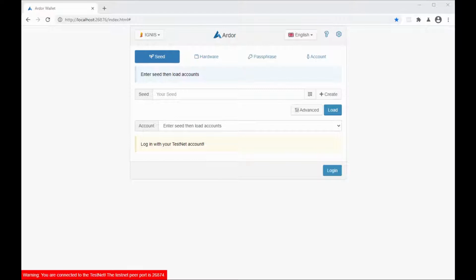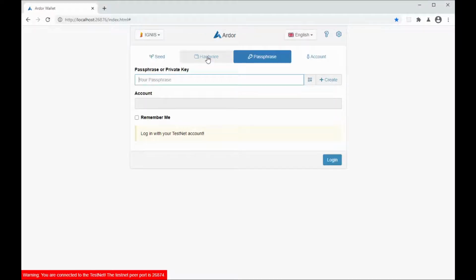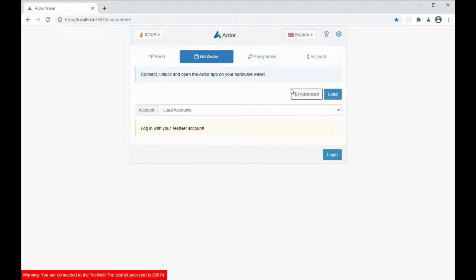You can see here you have 4 different options to create or log in with an account. The 2 rightmost options are the legacy accounts from previous versions of the software. But since then, we've implemented support for the wallet to connect to hardware wallets, like, for example, the Ledger hardware wallet. So this other tab is just for that.